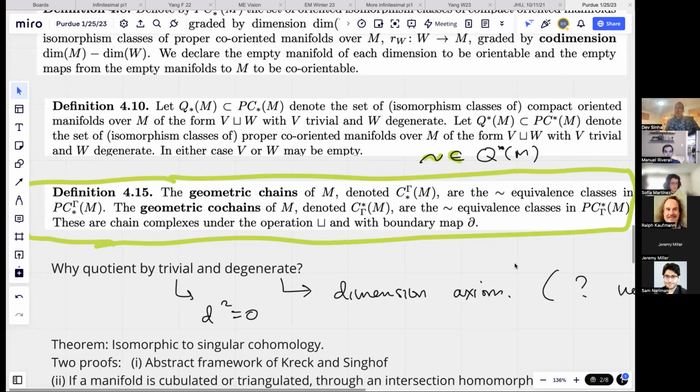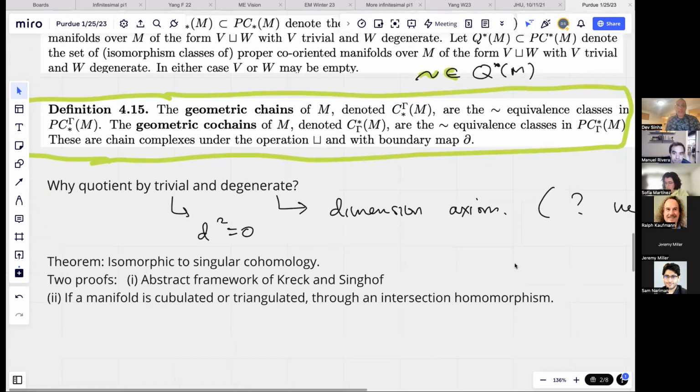But this is the substantial technical issue, and I don't think there's any way around it. Especially if you want d squared equals 0, if you want to use corners, well, let's start at the beginning. If you want relations, you want boundary. If you want products, you're going to use corners. If you're going to do corners, the most natural theory that has transversality for products is not going to have d squared equals 0. So you're going to have to use equivalence classes in order to get there. So, c'est la vie.